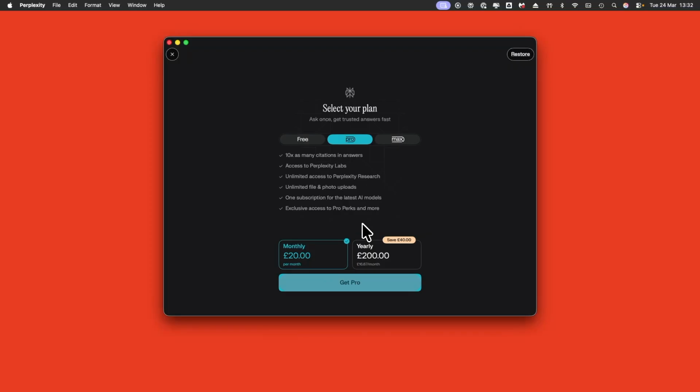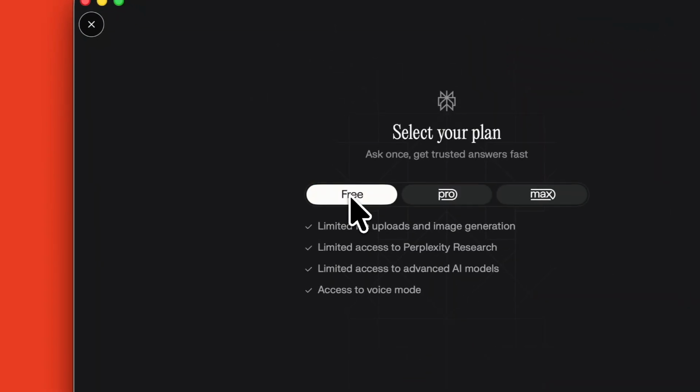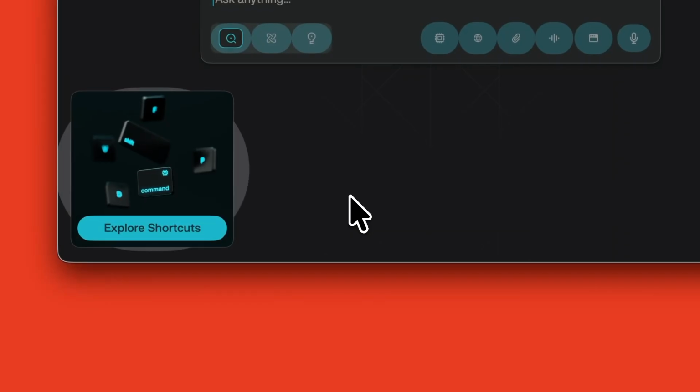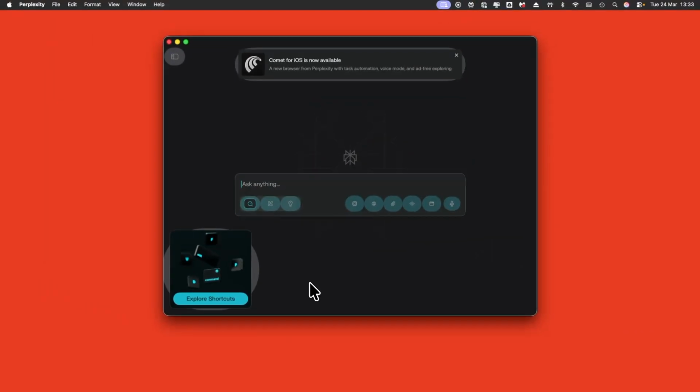Please also note that it goes straight to Get Pro at the bottom, which we're not going to do. We're going to click on Free, and we're going to tap Continue with Free. Now, there are limits to what you can do with the free apps. So it's limited file uploads, image creation, limited access to Perplexity research. Yeah, limited. However, we're going to give it a few tests. So I've hit Continue with Free,